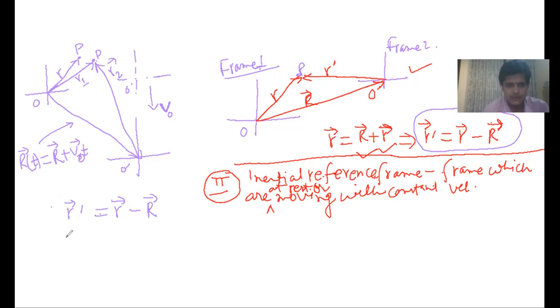Okay. And if I differentiate, dr prime upon dt equals dr vector upon dt minus dR capital R upon dt. So from here we will obtain dr prime. Its position, the position of P, is also changing with respect to earlier, it is at this position, and now its position is also changing. So I will write as